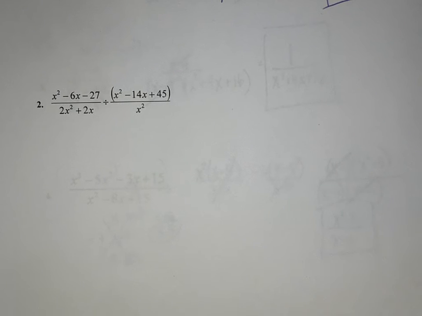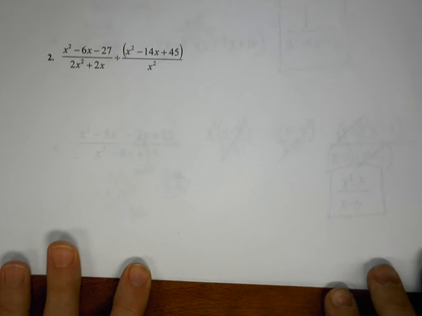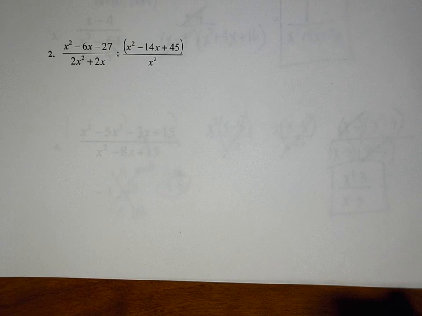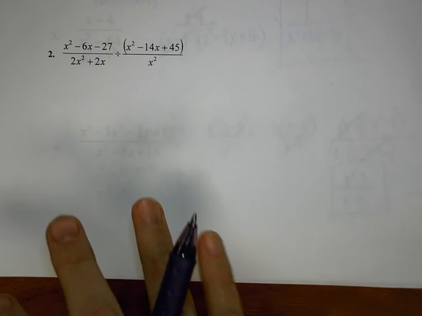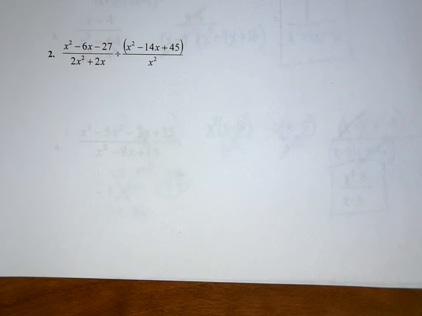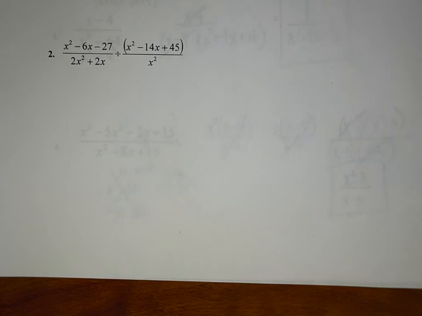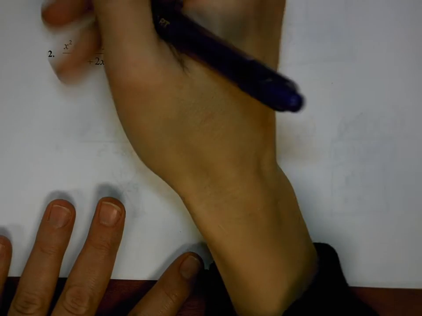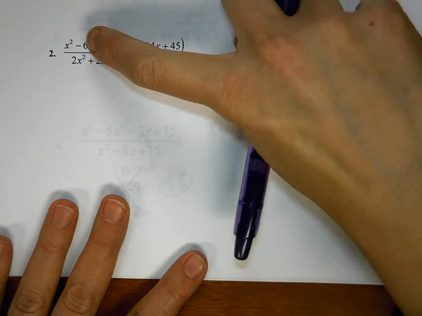All right, last example for 7.1a notes. This one kind of has a lot here. Instead of rewriting it, let's go ahead and factor and change and flip all at the same time just to save time. So on the first one, on the numerator here,